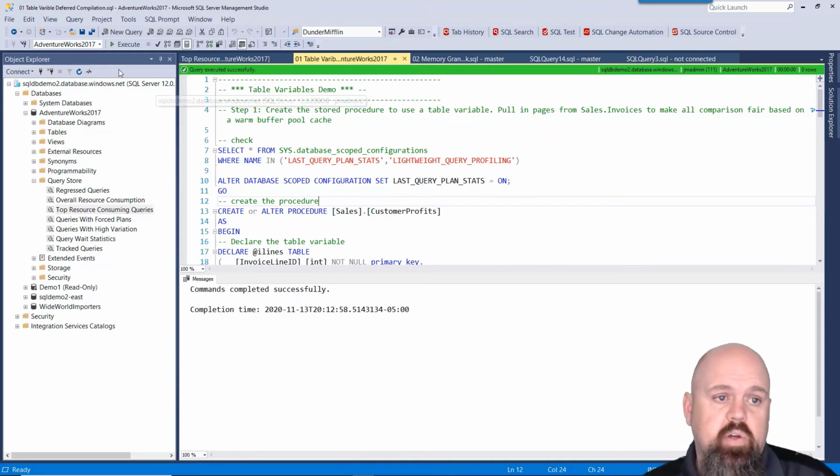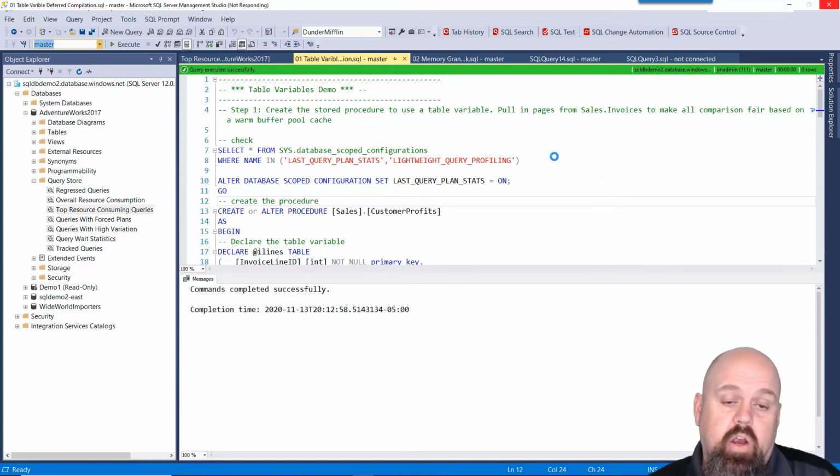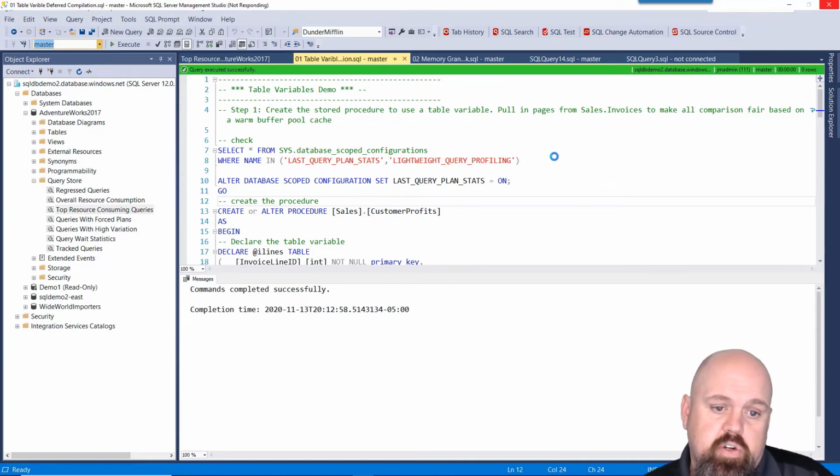In this demo, we're actually going to switch over and use the Wide World Importers database. So we're going to flip over, and because it's serverless, it might take a second for it to come online. But basically what we're going to do is create or alter a stored procedure. That stored procedure should already be there. But that procedure is going to utilize a table variable. And then we're going to set the compatibility level of the database to something not 150. I think the query will either set it to 130 or 140. We will run the stored procedure with